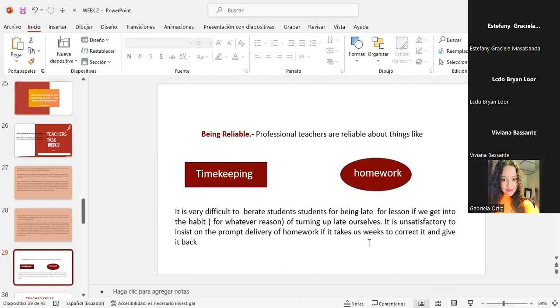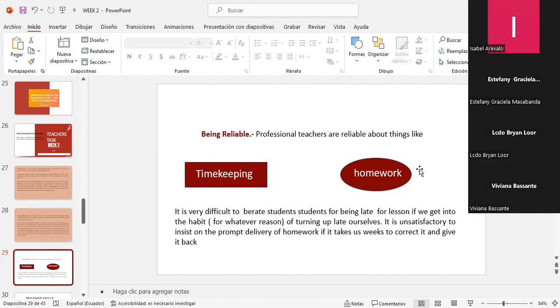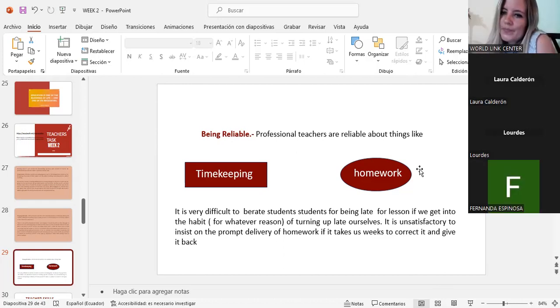I personally give them a second opportunity if they didn't do an activity or some kind of homework, but no more than that. No more. Okay. Or maybe you call the parents, right? If something wrong happened, or if the student refused or is reluctant to do the homework, something happened at home, right? Lourdes. Yeah, if they have a justification, yes, in that case,